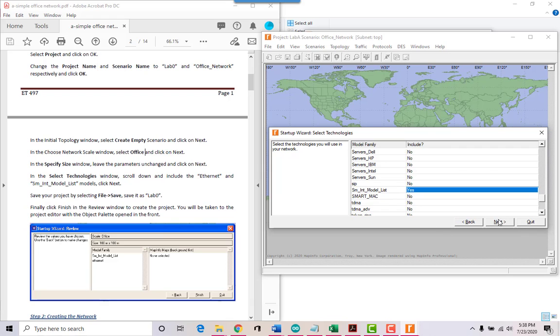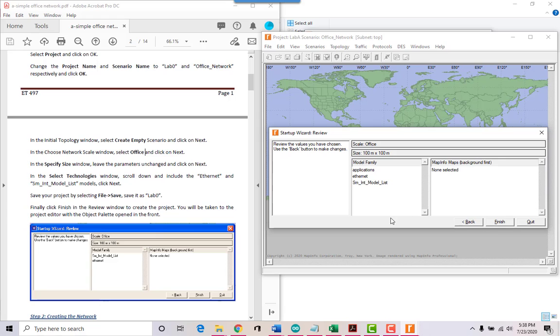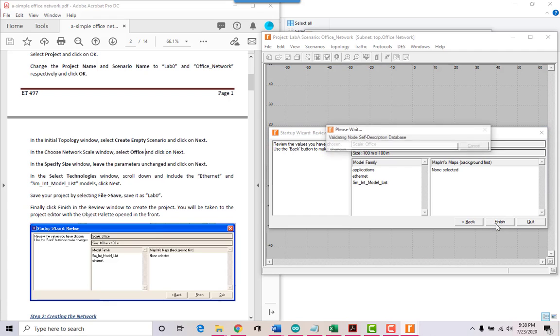And we click next. And I believe we just click finish here. Okay, so it's validating the node. Then we're going to save it.